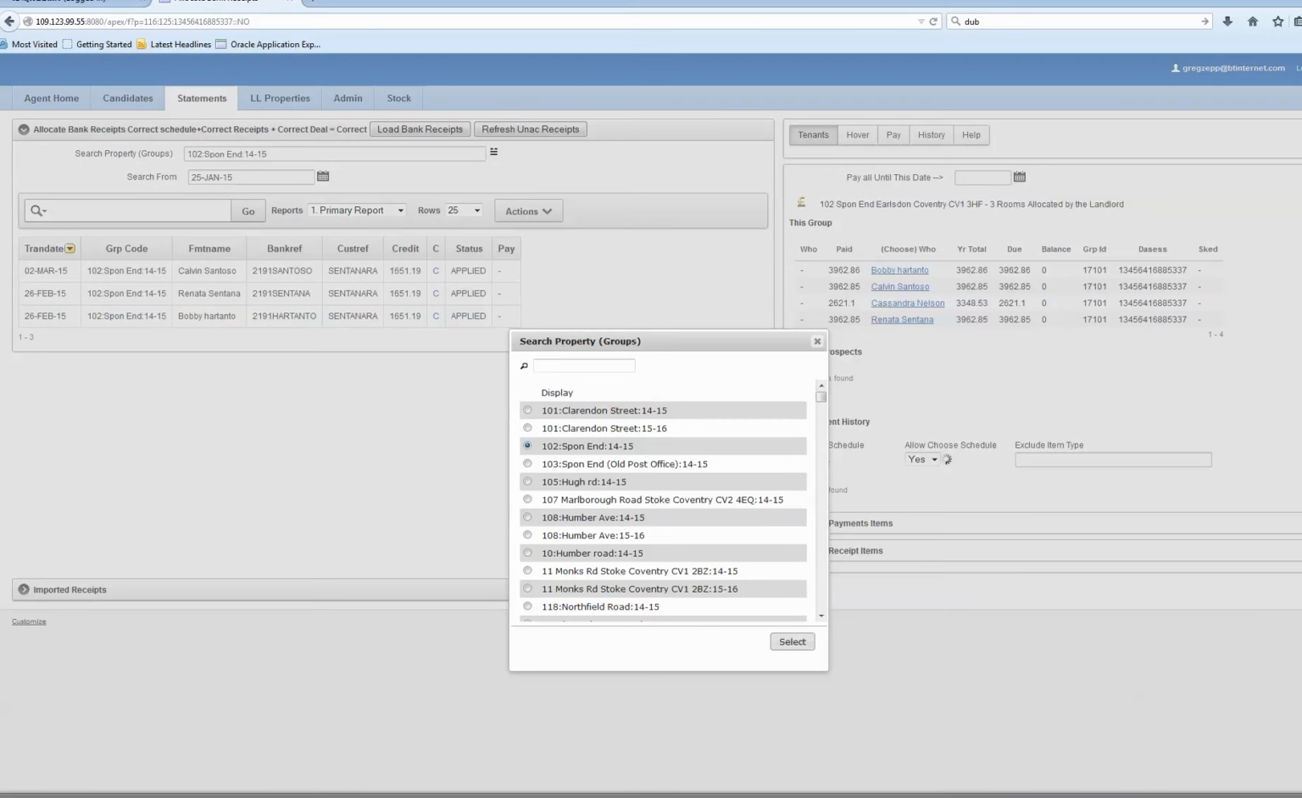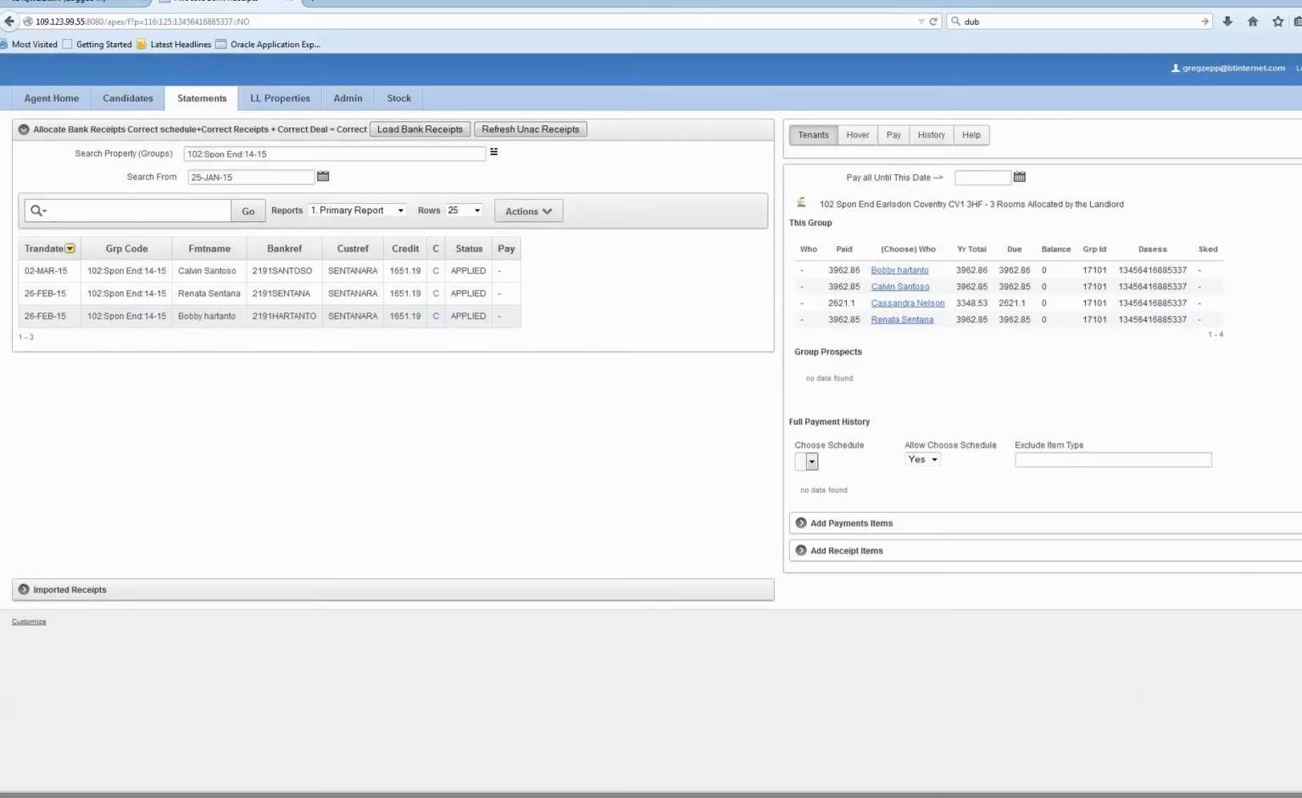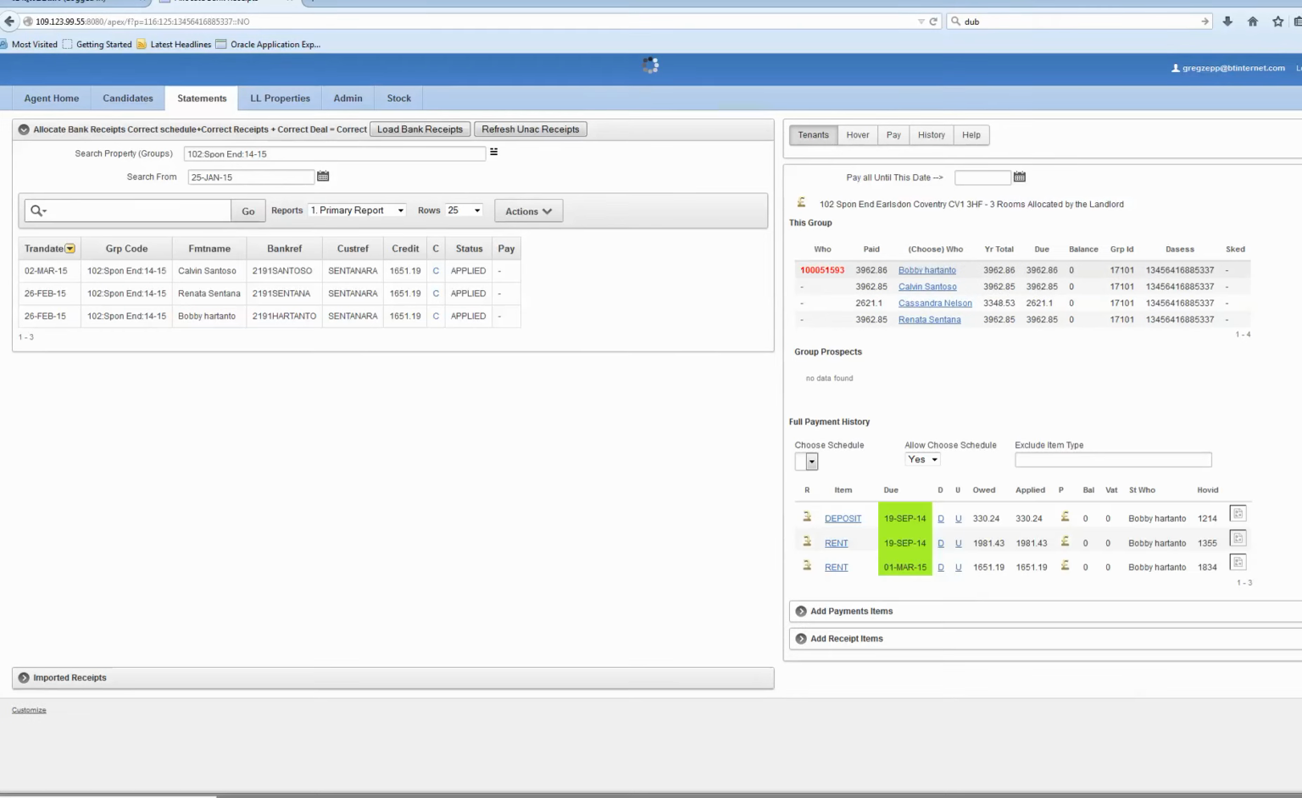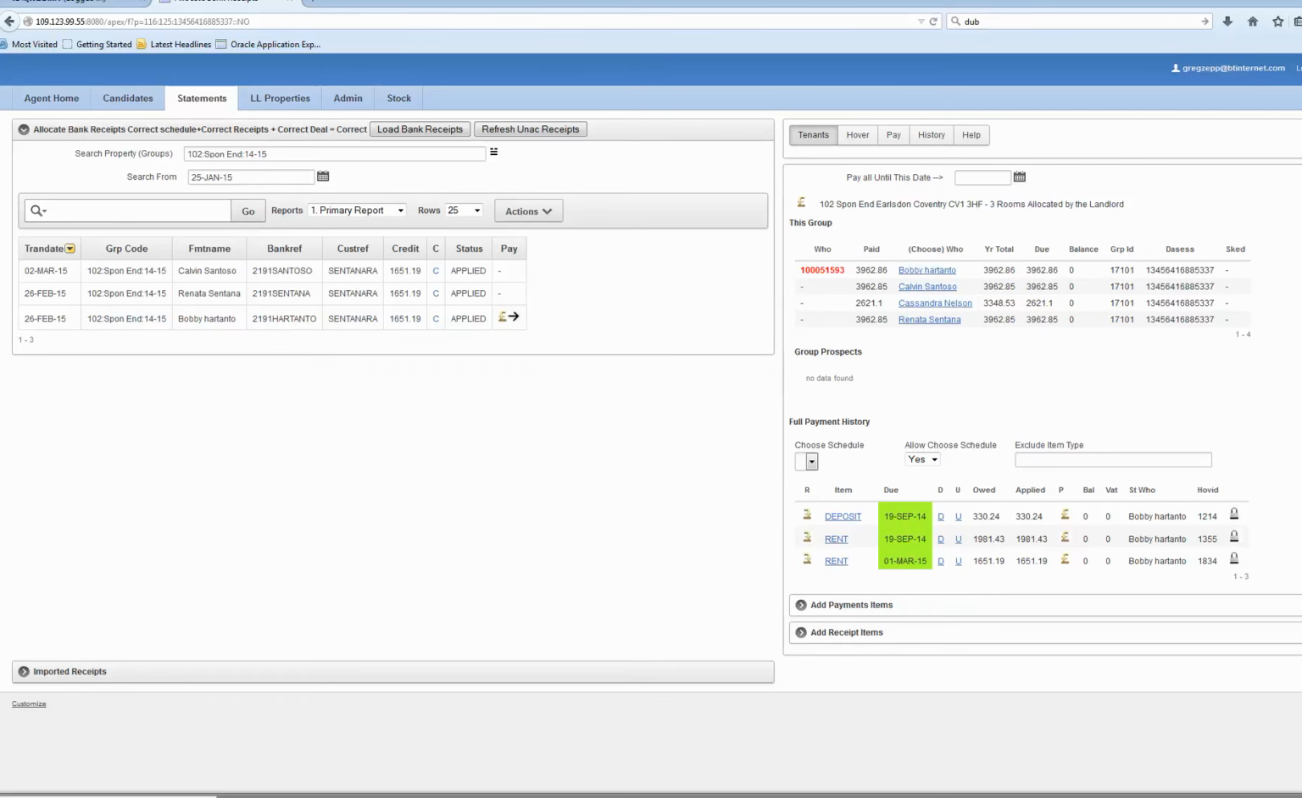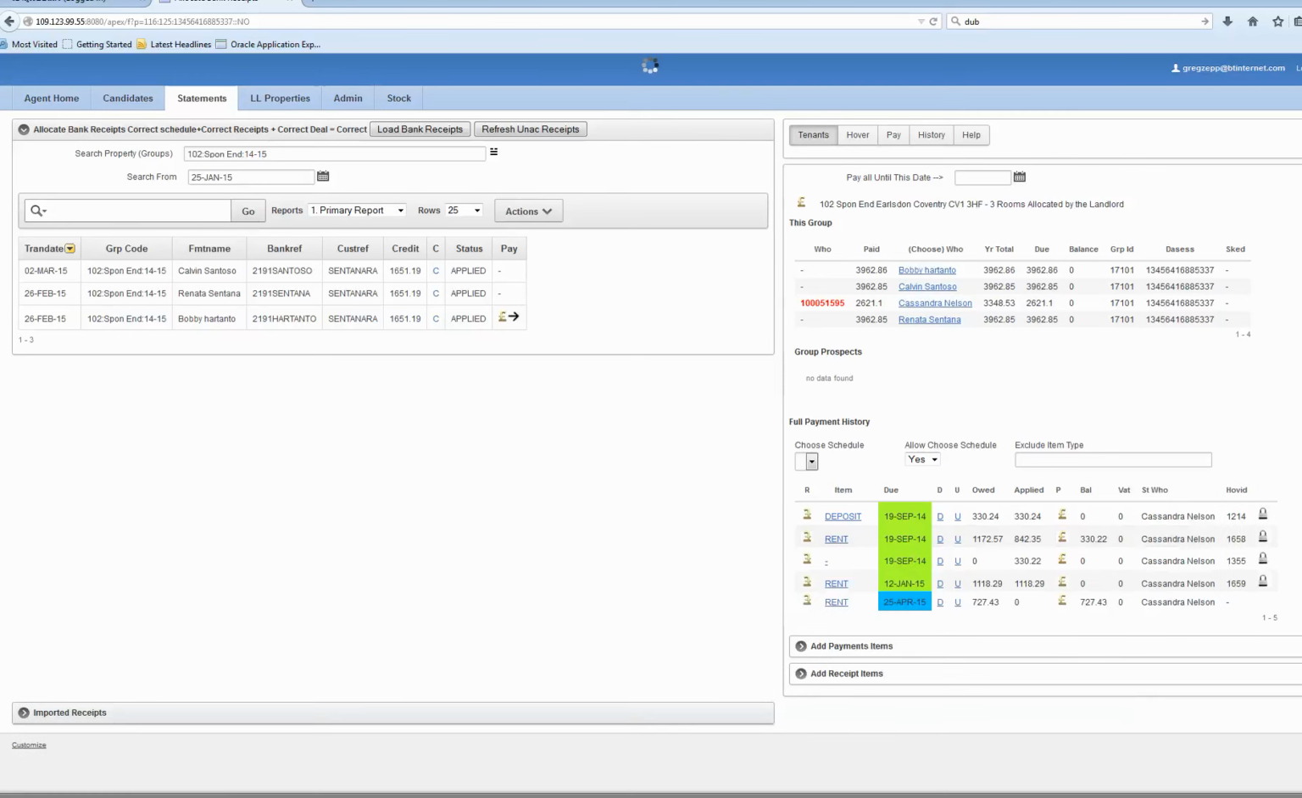And we load that in the property filter, and therefore we bring up receipts on the left and we bring up the account on the right. So I happen to know actually that Cassandra Nelson is the best bet for making a payment. Let's just do a little refresher on all of this for a moment. We're going to pay Cassandra Nelson from here,